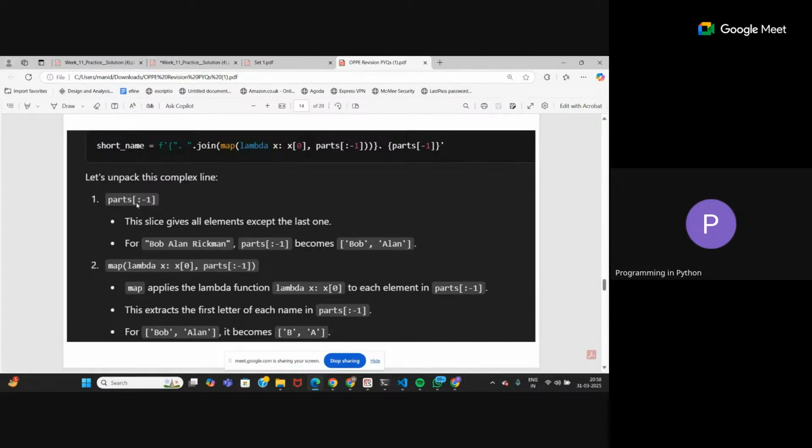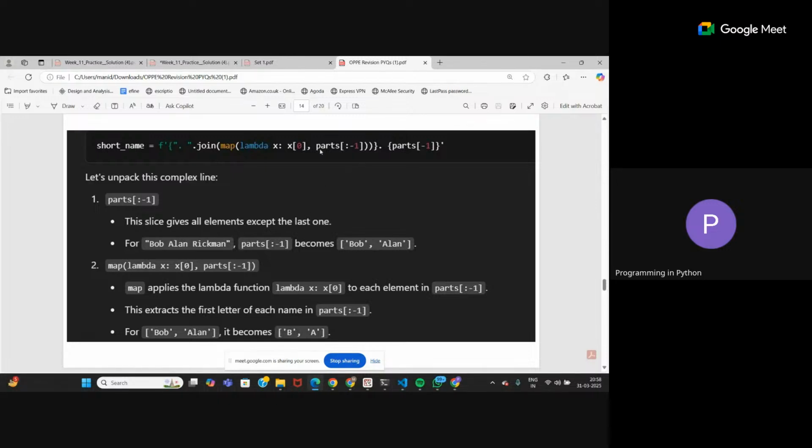Now when you take parts colon -1, this slice will give you every element except the last element. -1 represents the last element in the list. So you're taking every element except that last element, right? So if the name is Bob Allen Rickman, then this slicing of parts will give Bob and Allen, just these two.